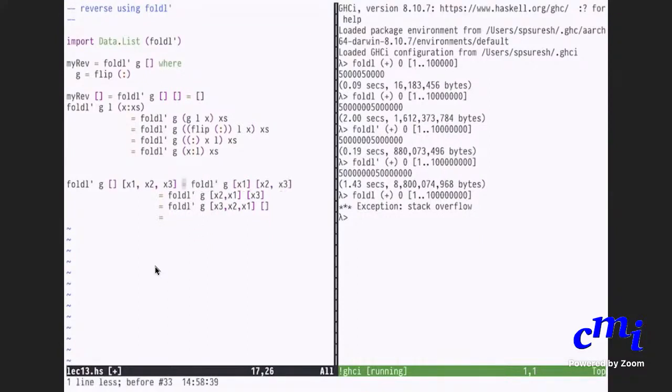Write it first. Okay, so foldR. Oh, this problem still persists.